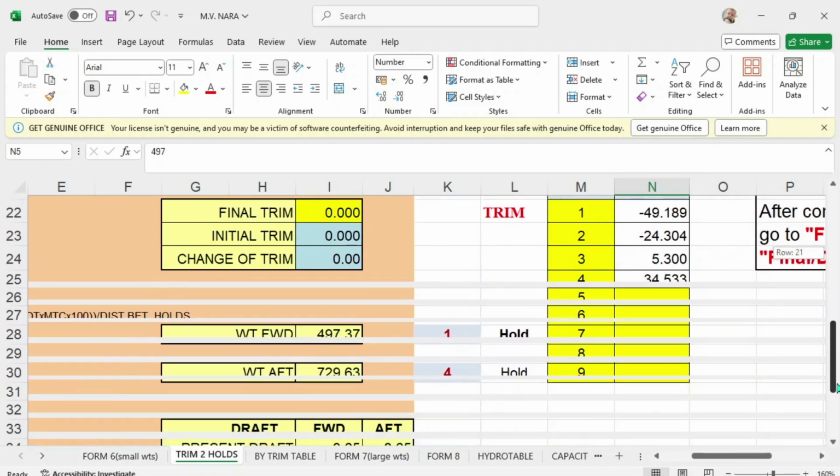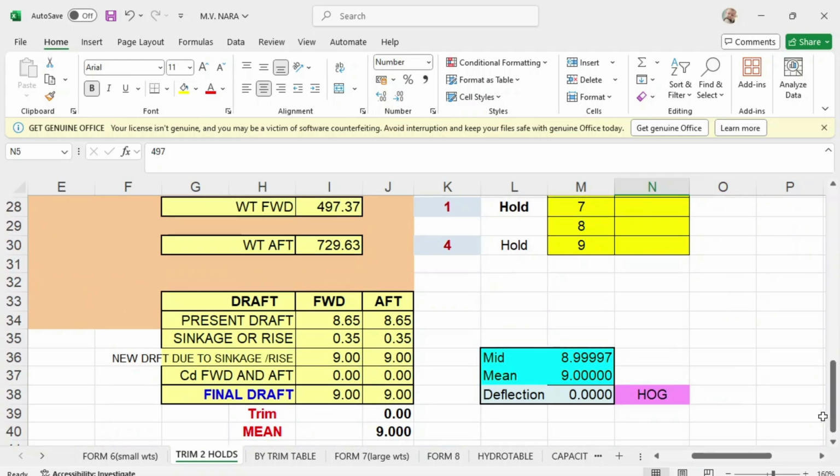And your sailing draft will be 9 meters forward, 9 meters aft. 0 trim means the mean is 9 meters, and you have here 0 deflection.